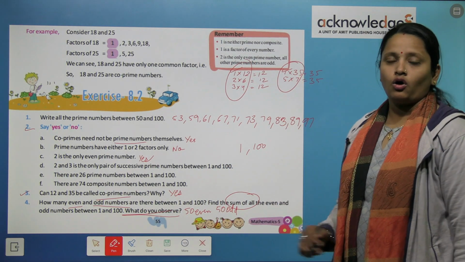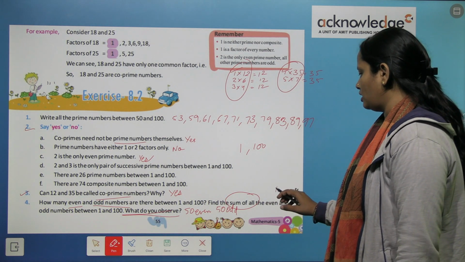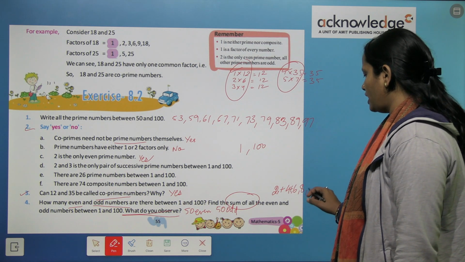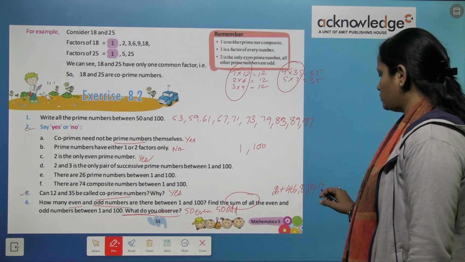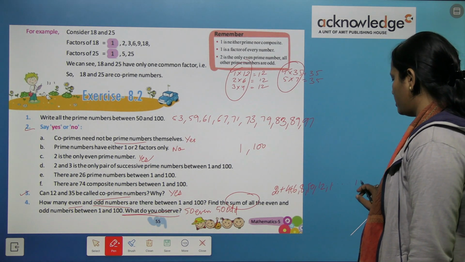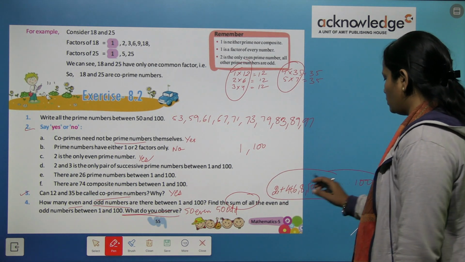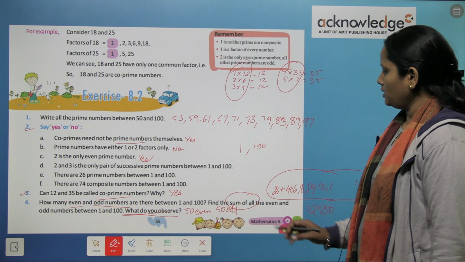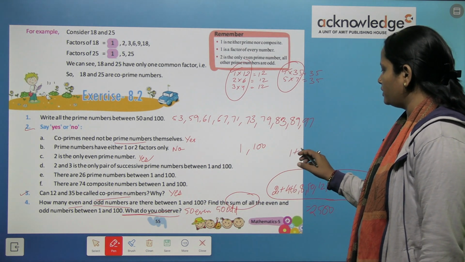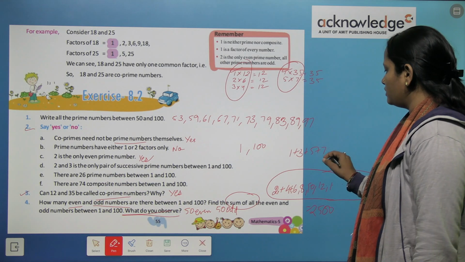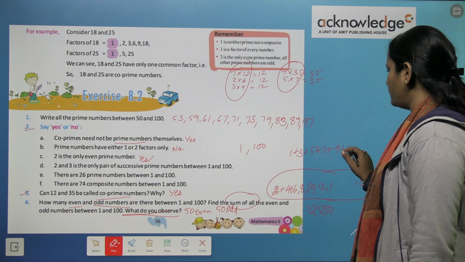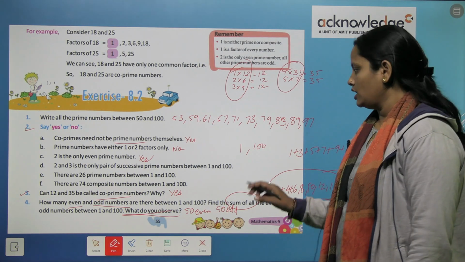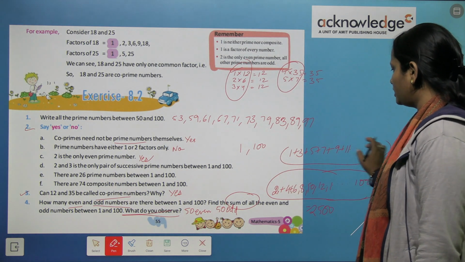So children, when we add all these even numbers, for example 2 plus 4 plus 6 plus 8 plus 10 plus 12 and so on till 100, हम जितने भी इवन नंबर्स हैं उन्हें हमने जब ऐड किया तो आंसर इज 2500. सिमिलरली जब हम ऐड करेंगे सारे ऑड नंबर्स को 1 plus 3 plus 5 plus 7 plus 9 plus 11 and so on till 99 तक अगर हमने सारे जितने भी ऑड नंबर्स हैं उन्हें ऐड किया तो